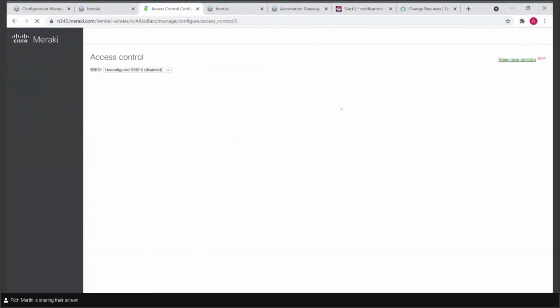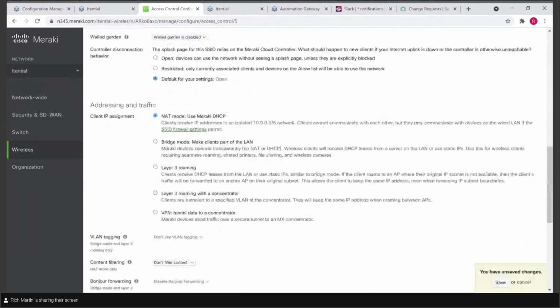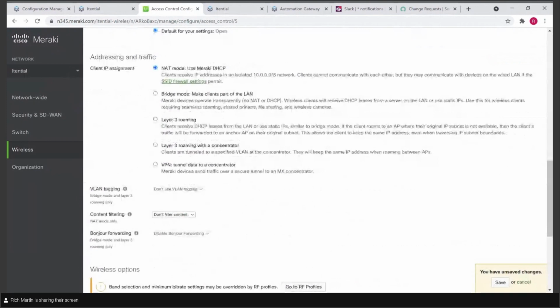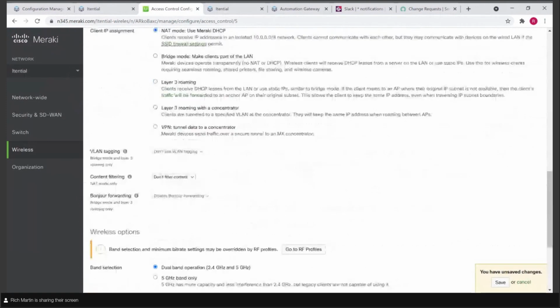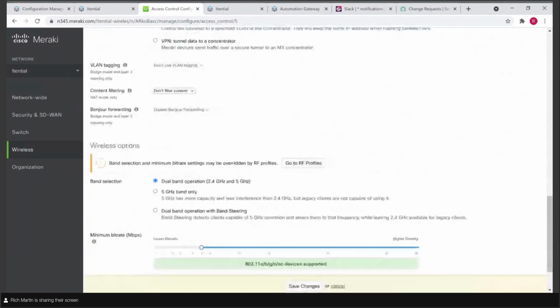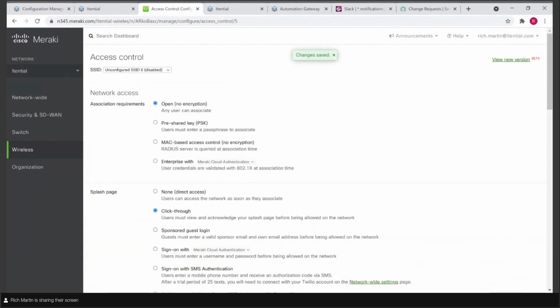So if I go here to edit settings, I can bring this out of compliance manually. And imagine I'm maybe not even on the networking team. Maybe I'm on some other team that has access to this cloud-based dashboard, and I can make changes. And I change 2 specific things. I save that. And it was very easy for me to make those changes, but the Meraki dashboard really has